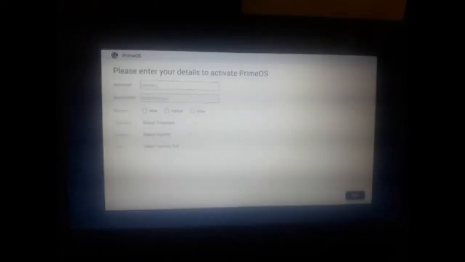Then after that the PC is going to reboot. The reboot option is here, and the GRUB loader is here. If you want Windows, it is below and Prime OS is above. Then click on Prime OS. Then it's being loaded. I have fast forwarded it. It may take a while to load.